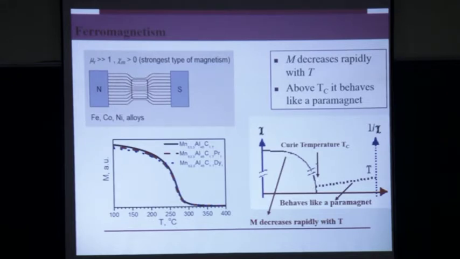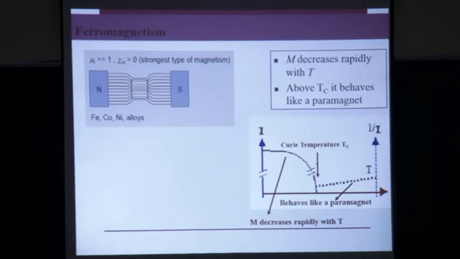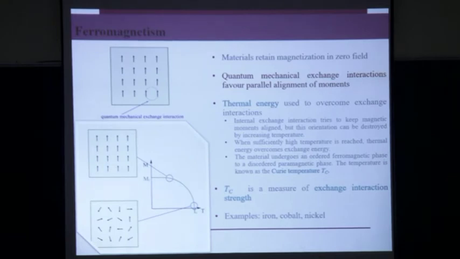Sir, in the earlier slide there is an internal exchange interaction that helps magnetic moments to be aligned. Yes. But when we apply a field, then the magnetic moments get aligned. So is there an external exchange interaction between the applied field and the magnetic moments, or between the two magnetic moments there is an interaction? That's right. So we'll come to that point when we talk about what is a molecular field. What is this exchange interaction? We describe this exchange interaction in terms of the molecular field.